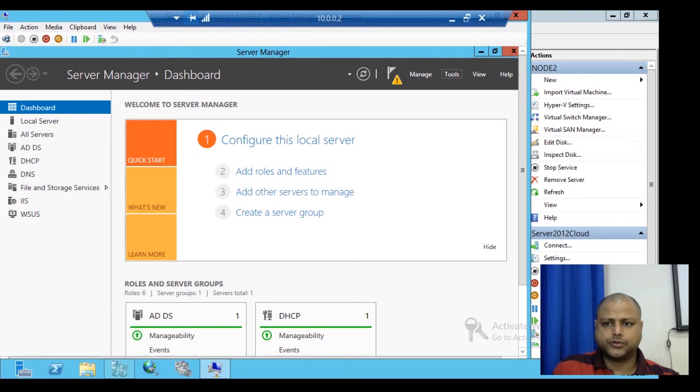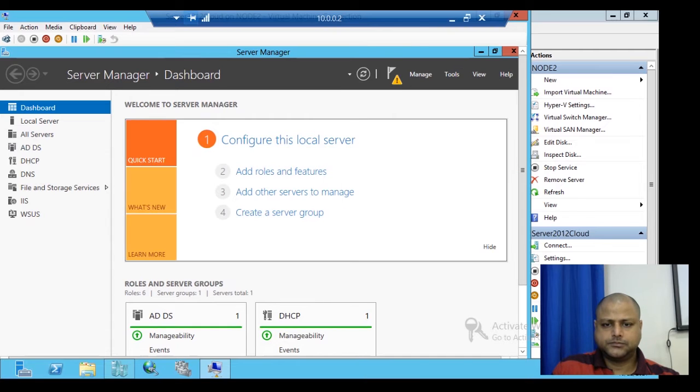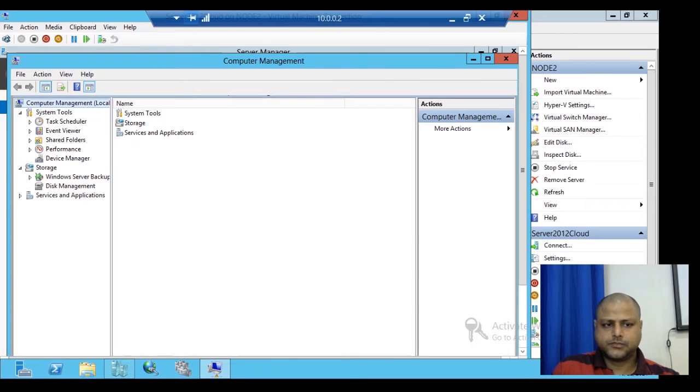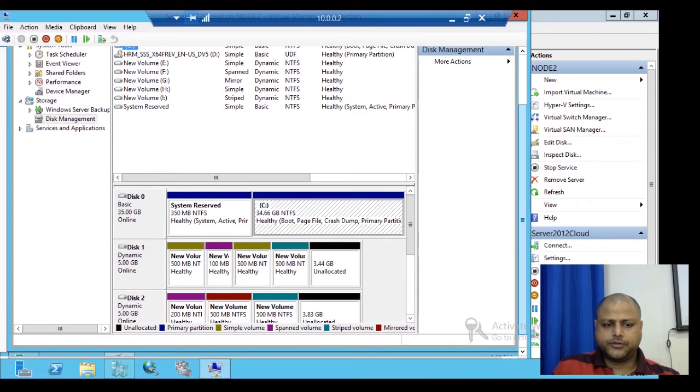We'll go to Tools, then Computer Management, and select Disk Management. In the left pane, we can see that a lot of configurations are already there. We can see disk 0, disk 1, disk 2 and disk 3.